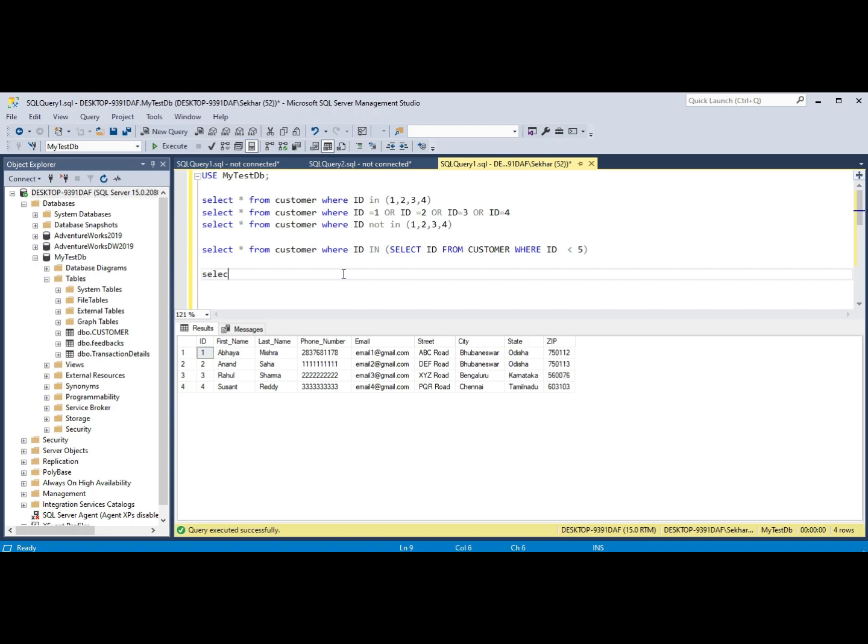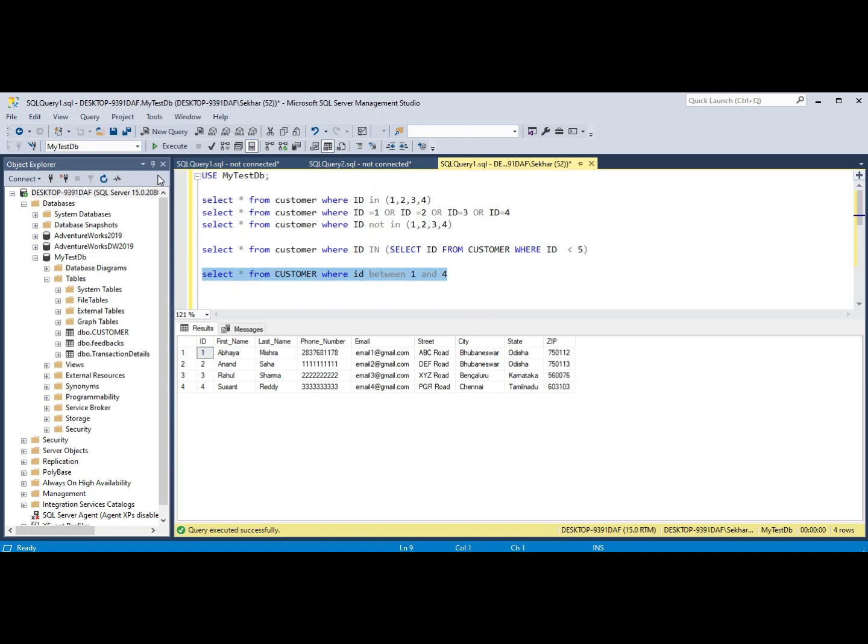For example, select star from customer where id between 1 and 4. The range which we are giving, 1 and 4, both are inclusive.